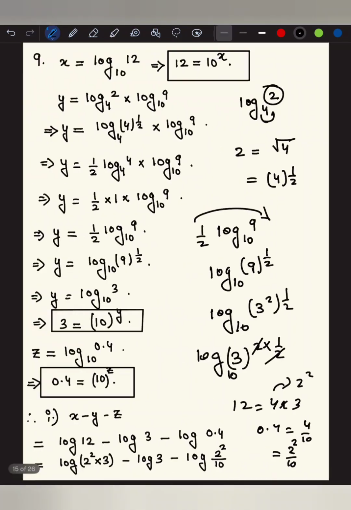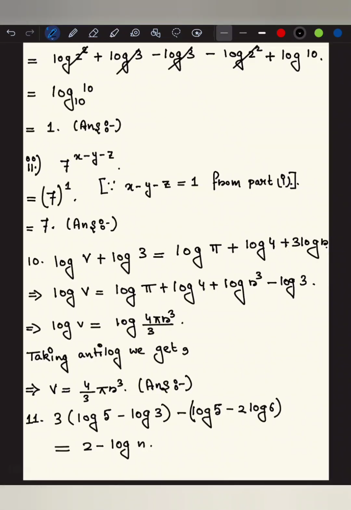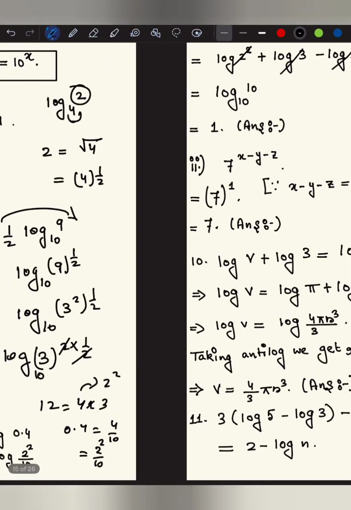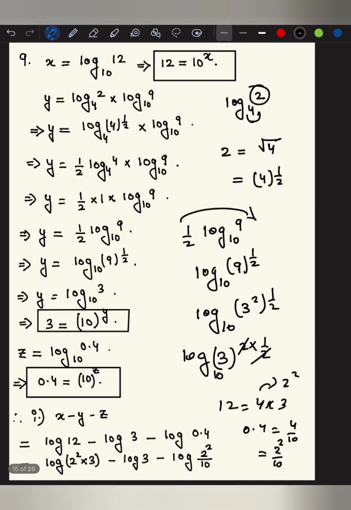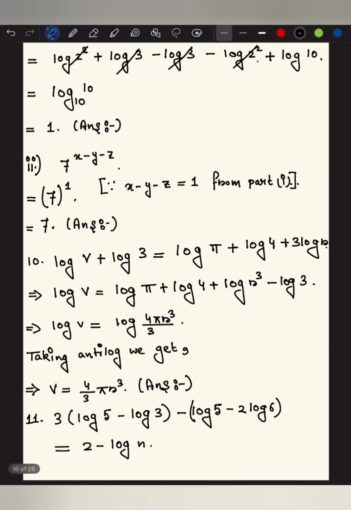Then minus log 3 is written, and minus log 2 square by 10